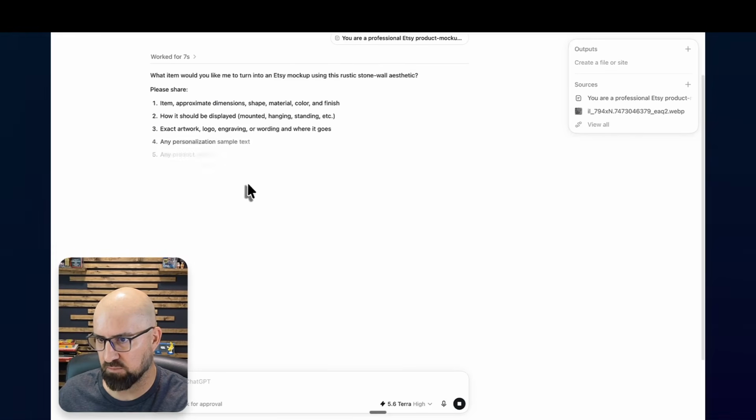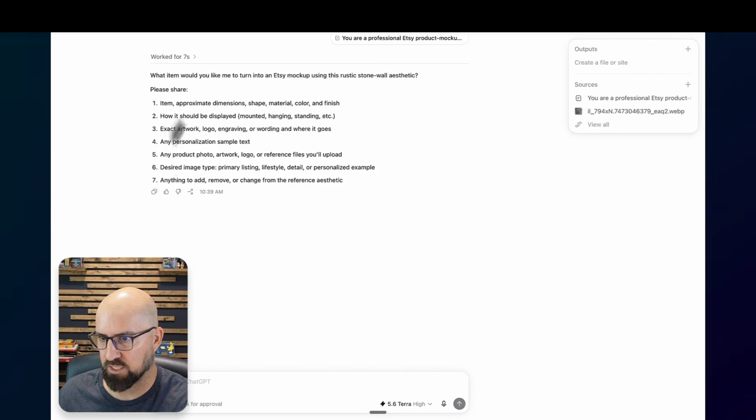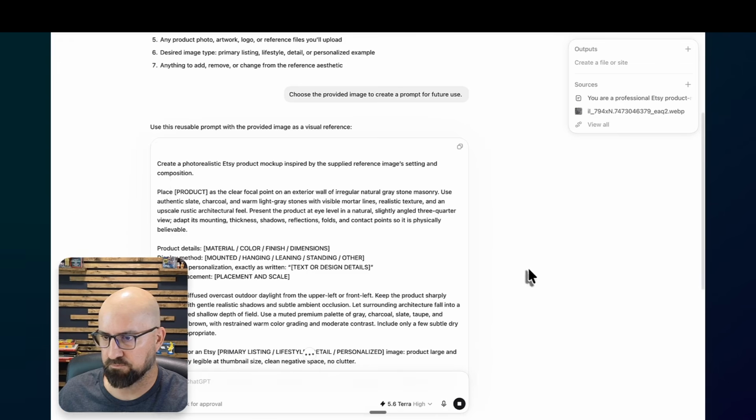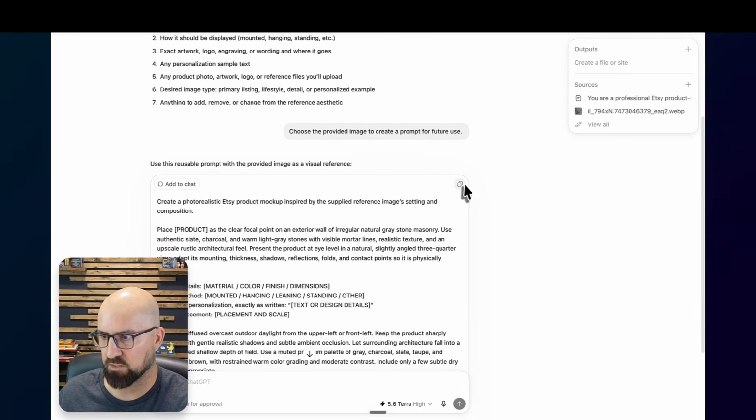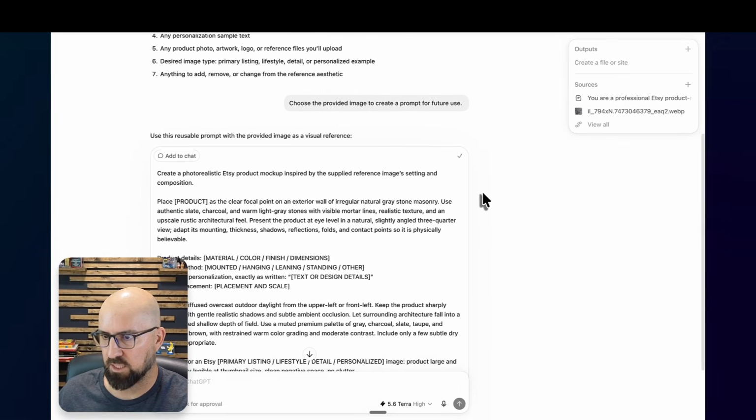All right, so it's creating the prompt. Please share. All right, so I don't want to share any of this stuff now. I just wanted to create a prompt. Use the provided image to create a prompt for future use. All right, so here we go. Placement and scale. So then what we're going to do is we're going to take this prompt and then we're